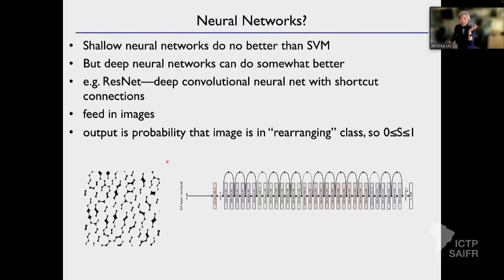Then you say, well, why don't you use a neural network? Neural networks are so great. Turns out that shallow neural networks don't do any better than the support vector machine. Deep neural networks can do a little better. We can go from about 88% prediction accuracy to 92%. Okay, that's not enough of an advantage to make it worthwhile,